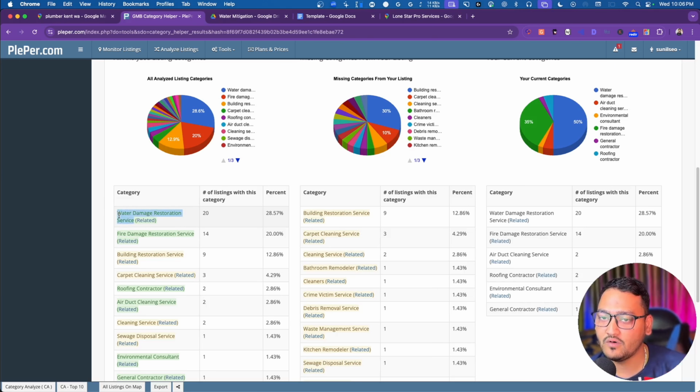If you want to rank for all the terms which are related to water damage restoration, you need to have this as your primary business category. And also